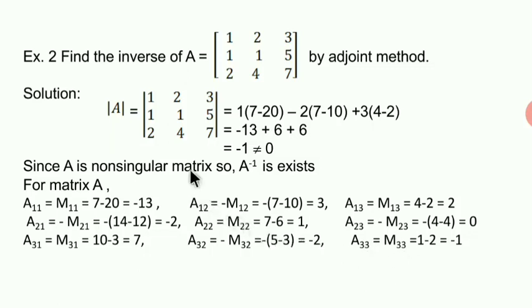A33 is equal to M33. M33 is the determinant obtained by deleting third row, third column. It is equal to 1 minus 2, minus 1. These are all the cofactors of each element in matrix A. Now we know adjoint A is equal to the transpose of the matrix of cofactors, which means it is the matrix